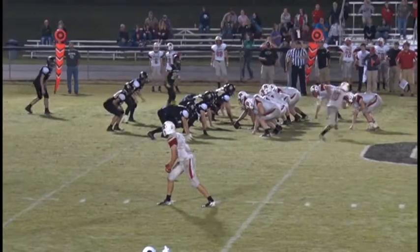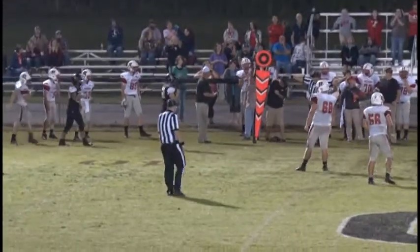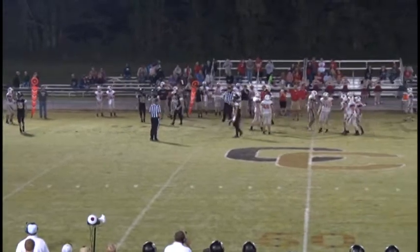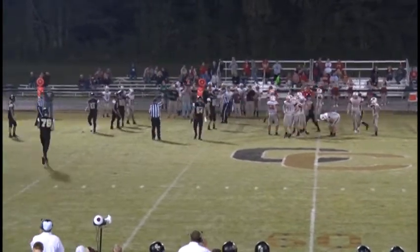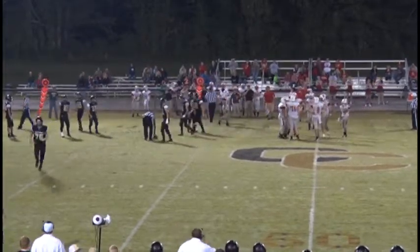Kirk under center. Pruitt in motion. They fake to Pruitt. Kirk looking to throw. He's backed up and he just throws it away out of bounds. There's just nowhere to go with the ball. He rolled right and he was being chased immediately. I was trying to see who it was for Clay County, and he ended up having to just throw it away. I believe that's number 9,